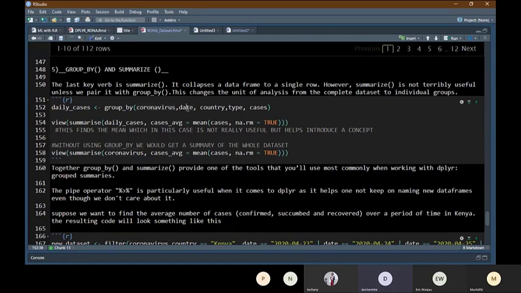In this case, we grouped the data set by date, country, type, and cases. So when you run this and view,